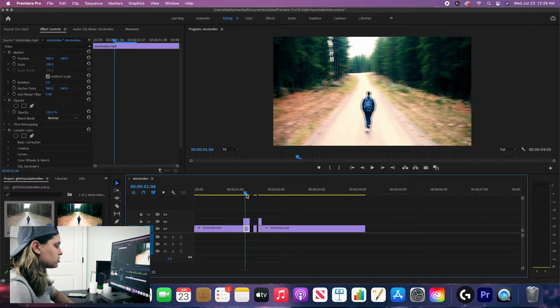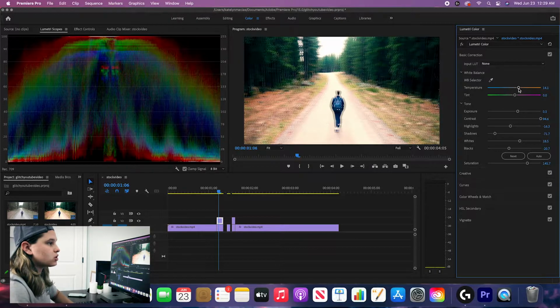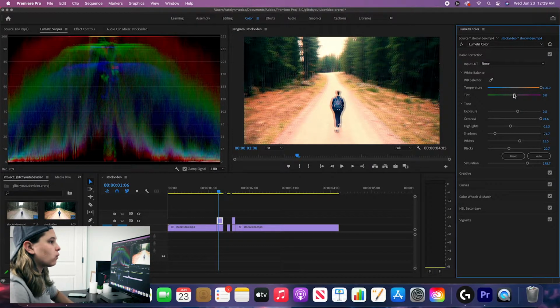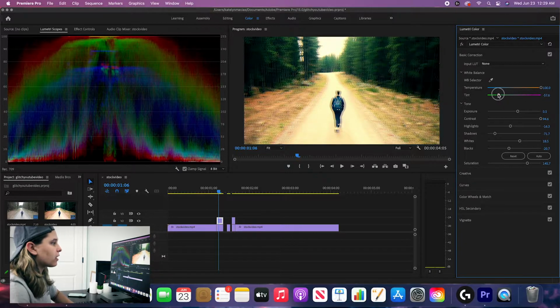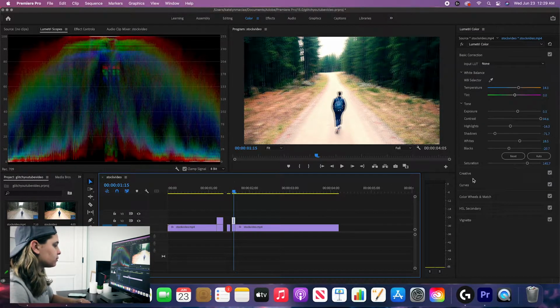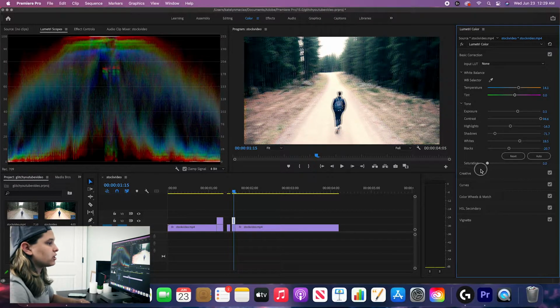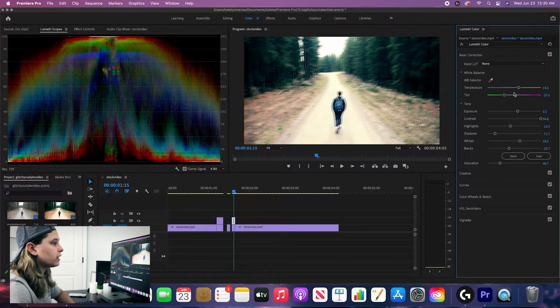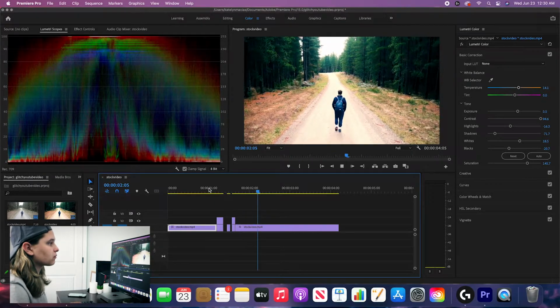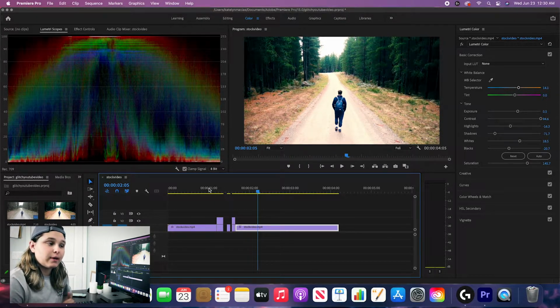But if you don't like that, if you want to add some color to it, go over to the color tab, basic correction. You can make it really, really warm and throw some green in there, maybe like that. You can mess around with the blacks and the exposure and things like that. And then go over here to this clip. You can either turn down the saturation to make it more monotone, or you can add some green. Boom. So now we have this, and that literally took me, I think, 2 minutes,